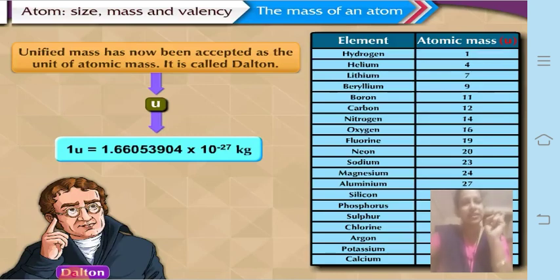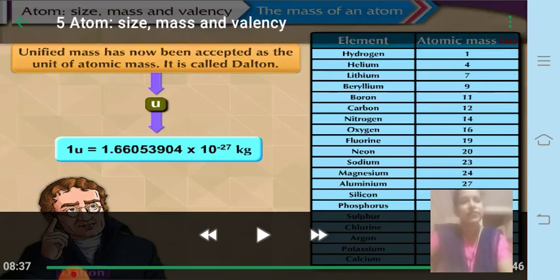So now we have studied two things. One is the atomic size, which can be determined by the atomic radius, and atomic radius is nothing but the distance from the nucleus to the outermost shell, whereas the atomic mass can be determined by the number of protons and number of neutrons which are present in the nucleus. Each one of them, one proton or one neutron, weighs around one unified mass or 1 Dalton, which is approximately equal to 1.66 into 10 raised to minus 27 kilograms. So this is regarding the atomic size and mass of the element.